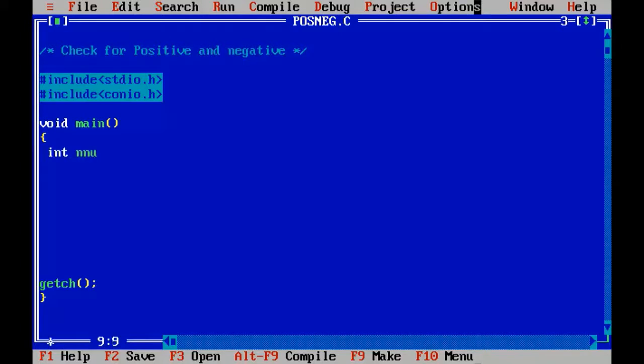So I'm going to have a single variable here that's enough for storing a single incoming number, I mean an integer. So let me add the clear screen function first here, and I'll tell the user to enter a number.